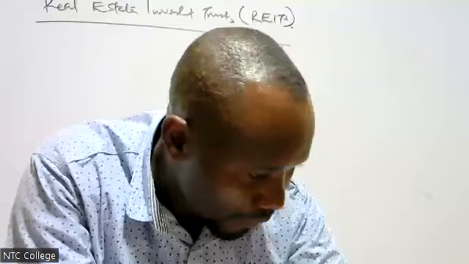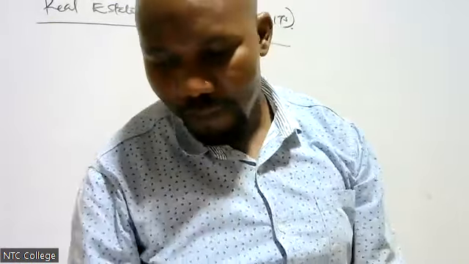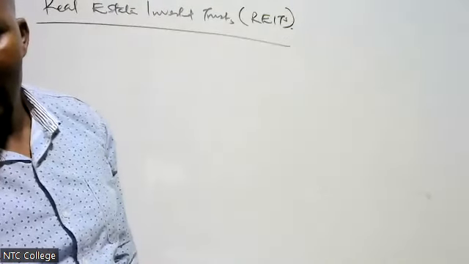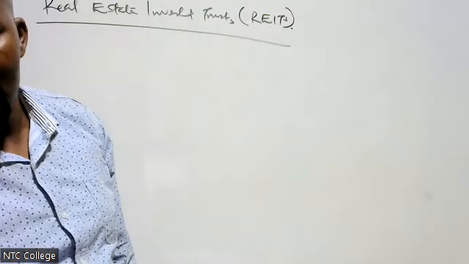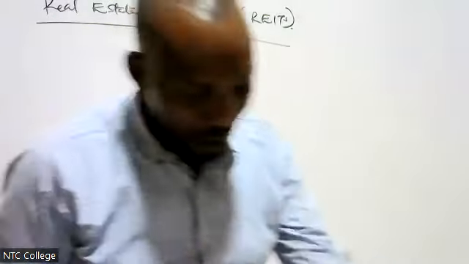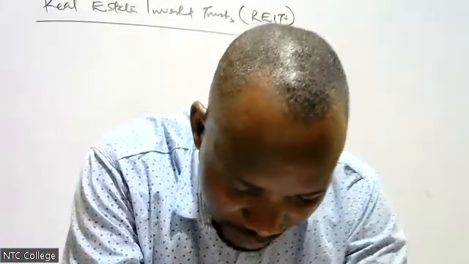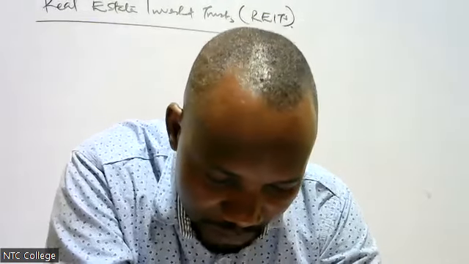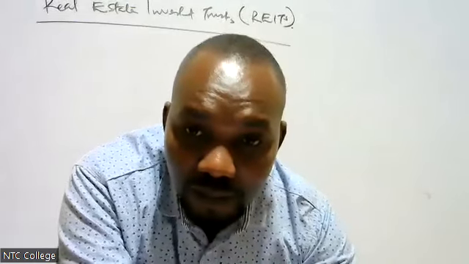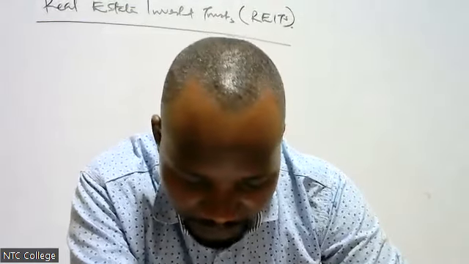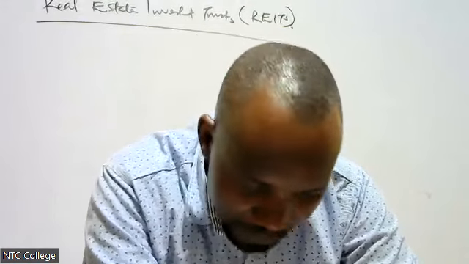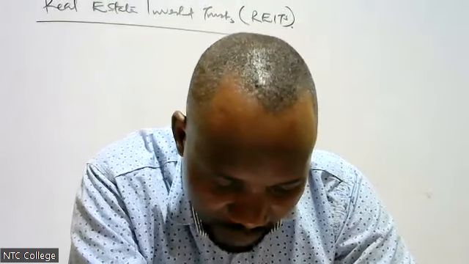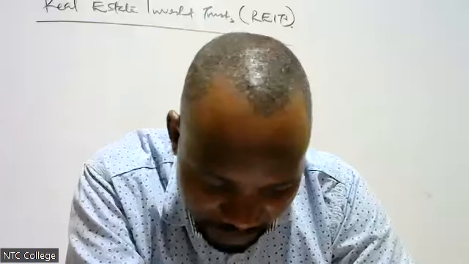Number 2, they sell their shares to the public through IPOs. The first one, I say that these are companies which buy and sell properties. Number 2, they sell their shares to the public through IPOs. Number 3,